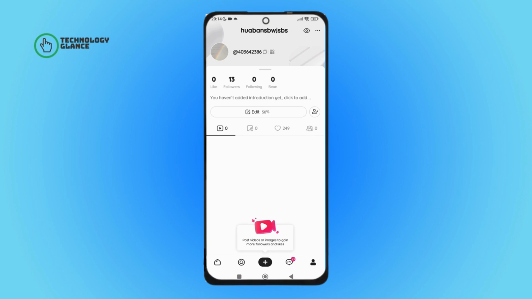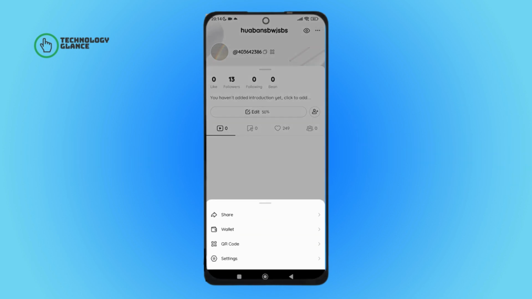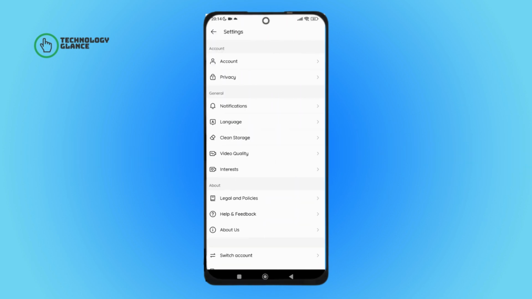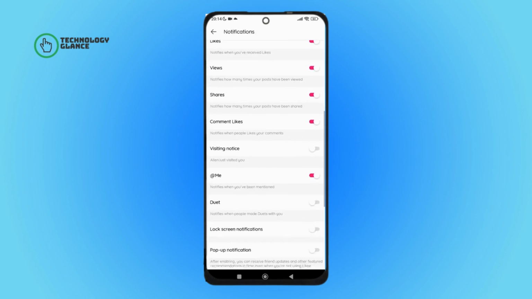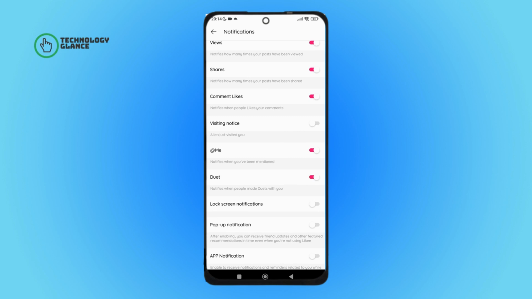Next, tap on the three dots icon. After that, tap on settings. Next, tap on notifications. Then scroll until you find Duet. Then tap on it. So this is how you can get notified when people have made duets with you on